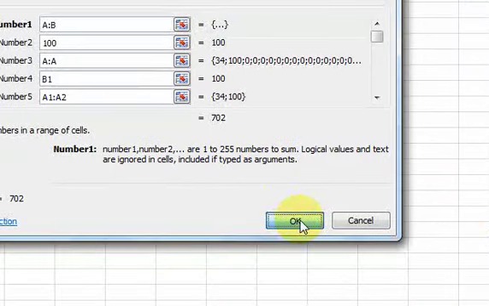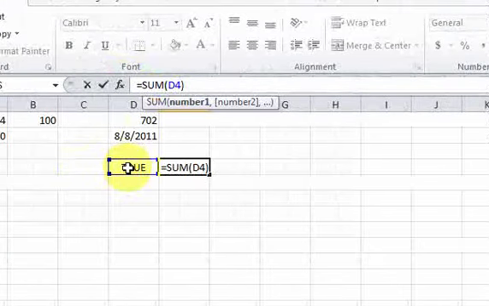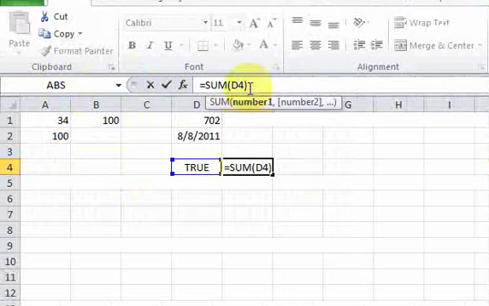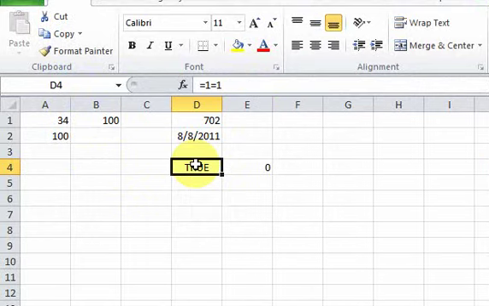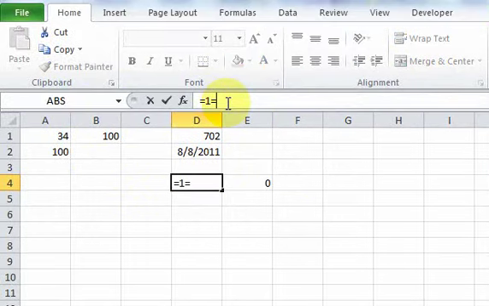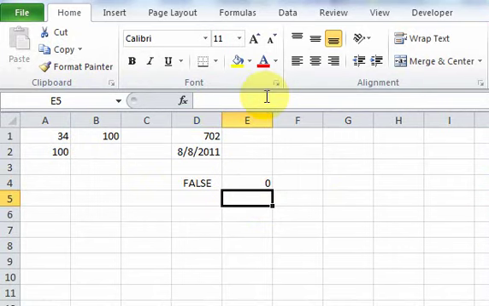So if I include it as an argument, meaning D4 is an argument, it's going to be summed up. And the way logical values work is true has a value of 0, whereas if I put 1 equals 9, that's going to be false. False has a value,